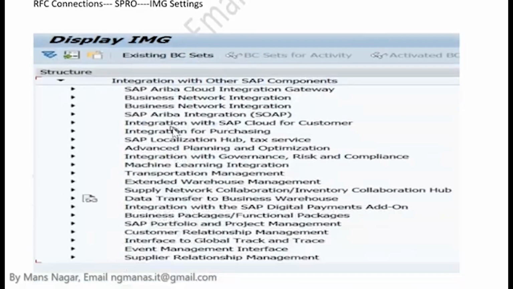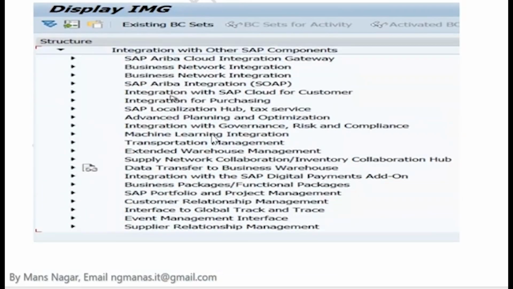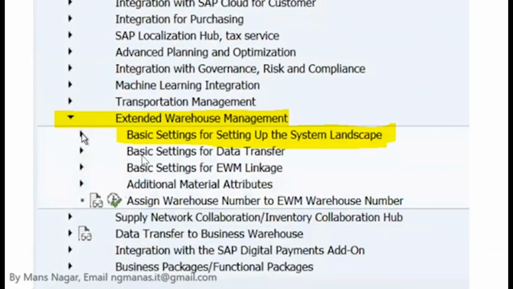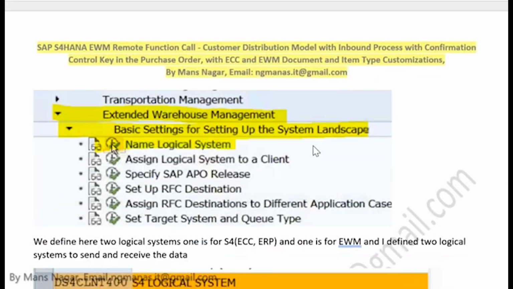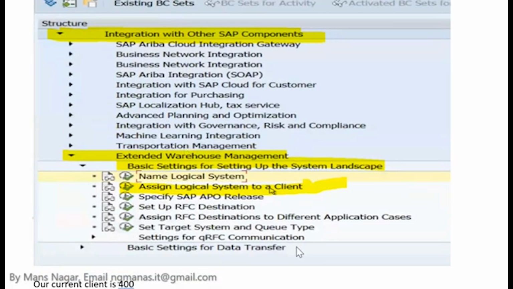This is the practical, how we do the configuration: we go to SPRO, then IMG settings, Integration with Other SAP Components, then Extended Warehouse Management, Basic Settings, then how we create the logical system, and how we assign the logical system to the clients,